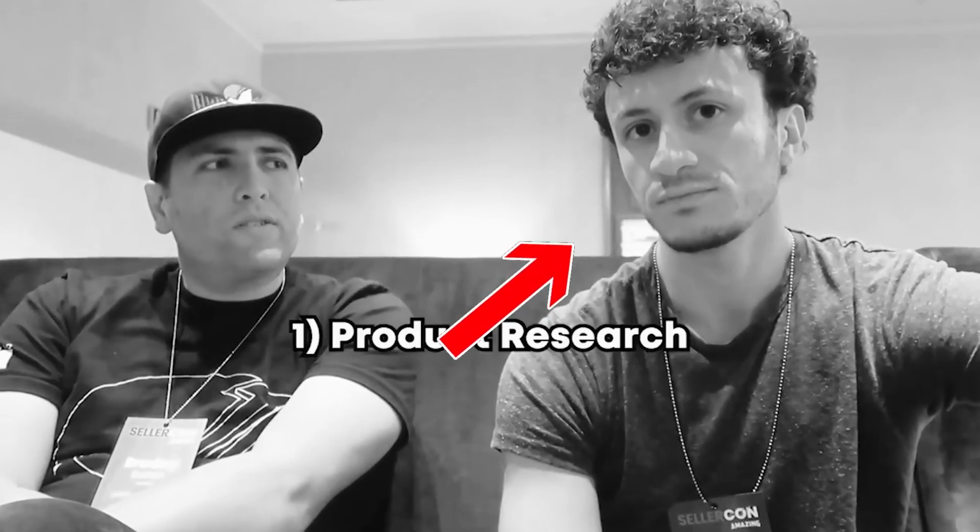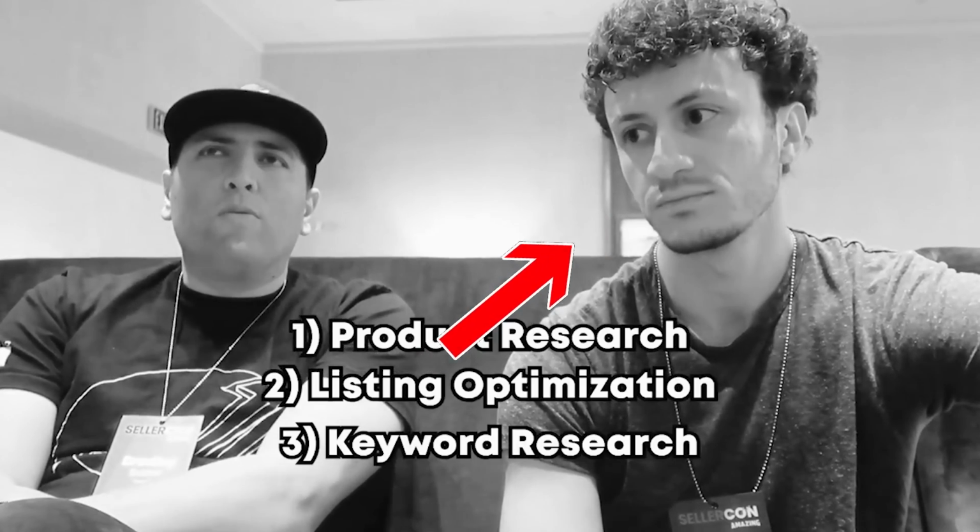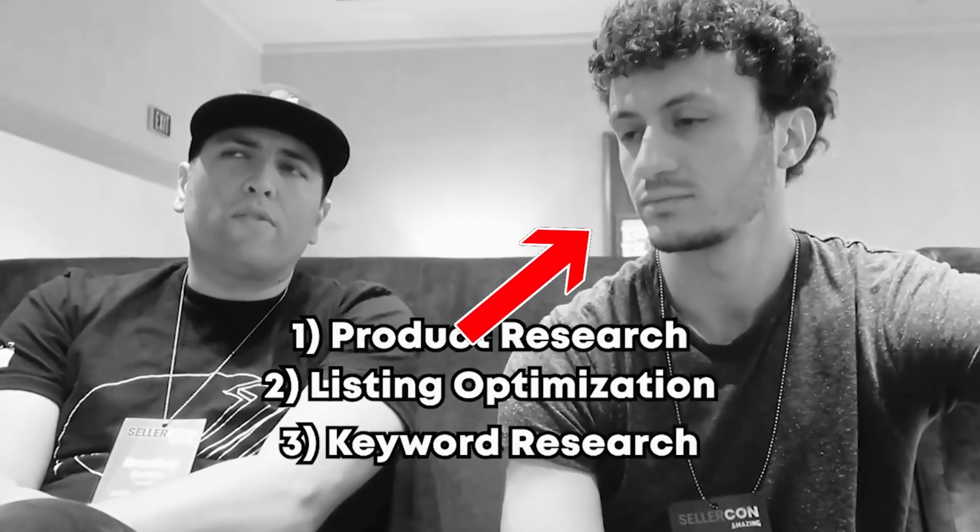Product research, listing optimization, and keyword research. But there's almost one root cause to it all if you wanted to combine them into one. And